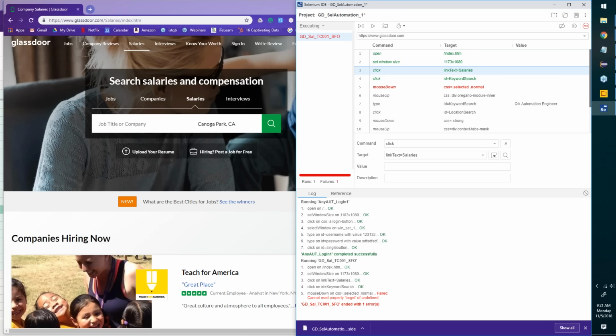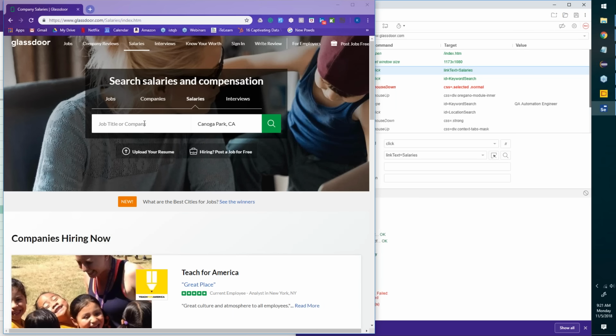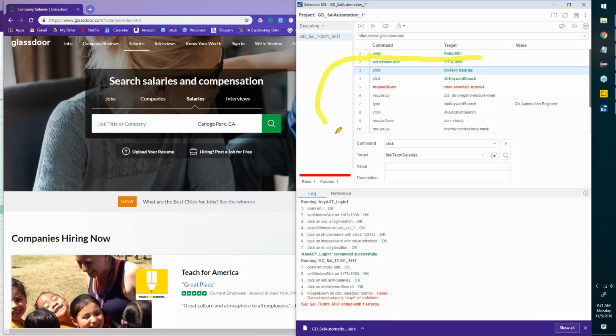And that is when, if you look a little below, for every step that you click here, it will get highlighted and expanded in this bucket here. So, for example, all with me so far? Attentive? All going okay? Just checking quickly. All right. So, observe, team: open, the command is open, the target is here. Value is another column which is empty, and some other field called description. Okay, cool. Set window size, again the same, the command is here.